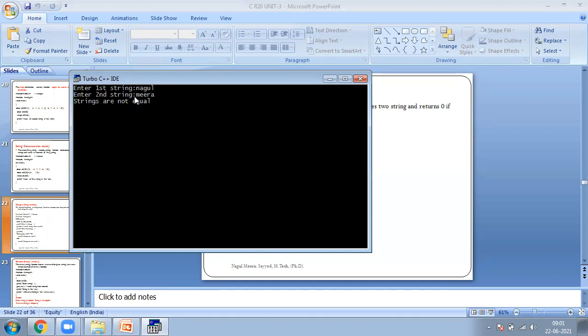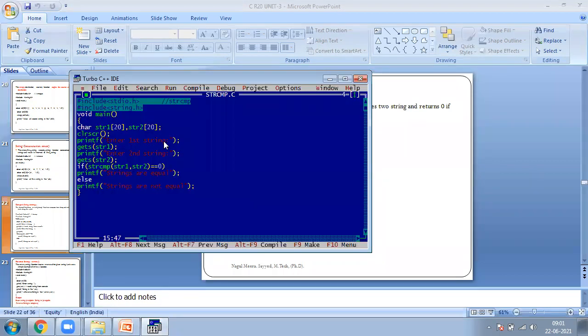The first string consists of Nagul, the second string consists of Mira, so these both strings are not equal. That's why strcmp(str1, str2) is not equal to 0, the condition fails, and the else part executes, that is, strings are not equal.